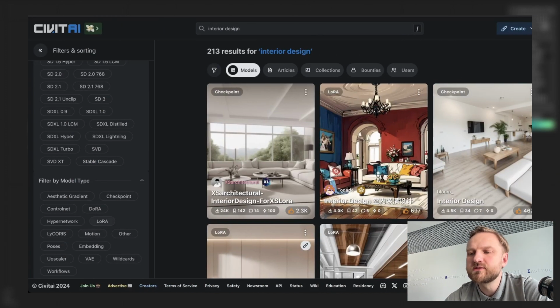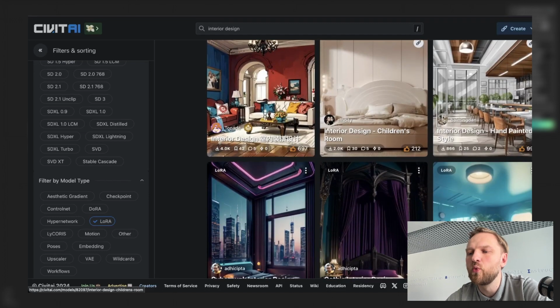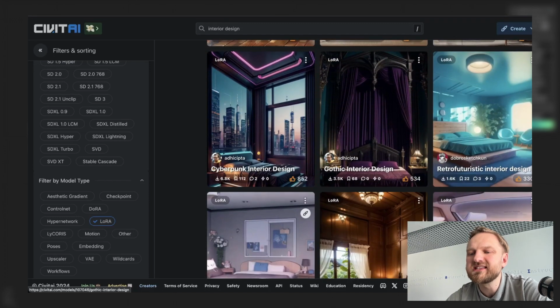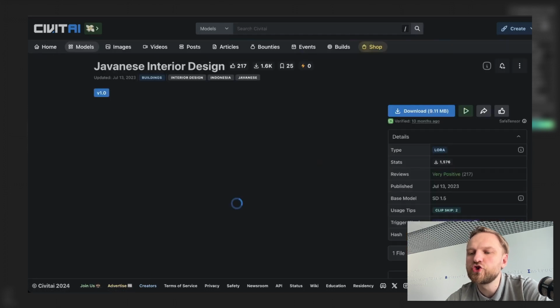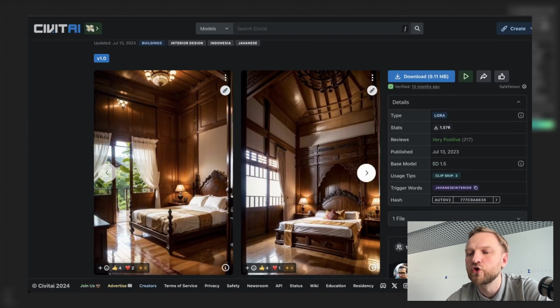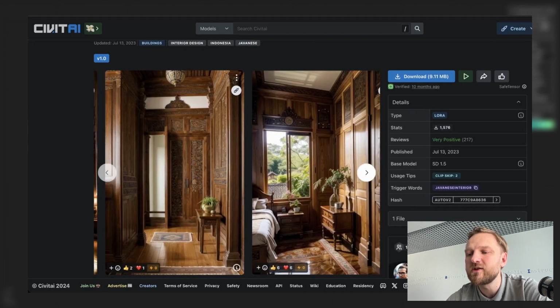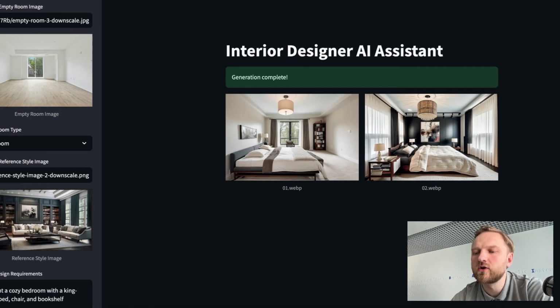Another approach is most probably to integrate a LoRA model into our ComfyUI workflow, which was trained specifically for interior design. But then we have to check if any ComfyUI workflow template from replicate.com supports it. Otherwise, we won't be able to run it. Anyhow, you can find all the code in my GitHub repository. I will put the link in the description below so you can